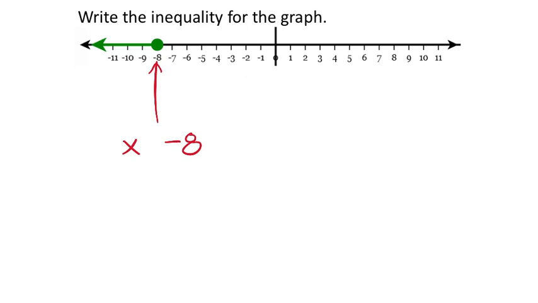Now, I've given myself enough space to put the inequality in here because I don't know what the inequality will be yet. But what I do notice is that here at the circle, it's a closed circle, which means that the inequality should have some kind of equal sign on it. Okay, so I'm going to put an equal sign in there, and then I'll just adjust it to make an inequality as needed. Next thing I notice is that the line is going to the left of that circle, which